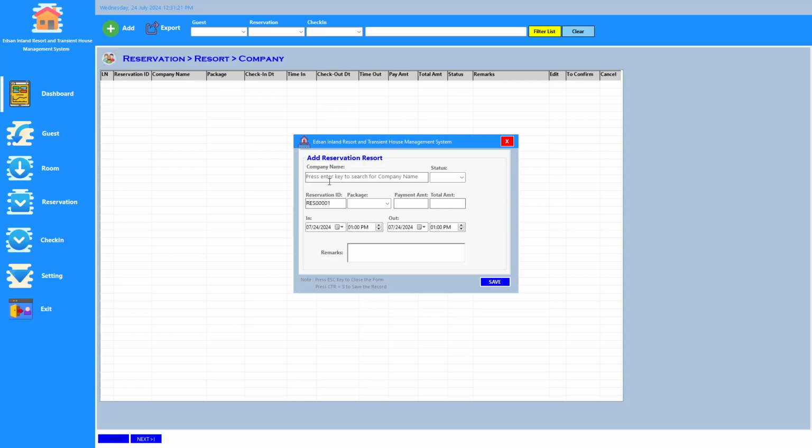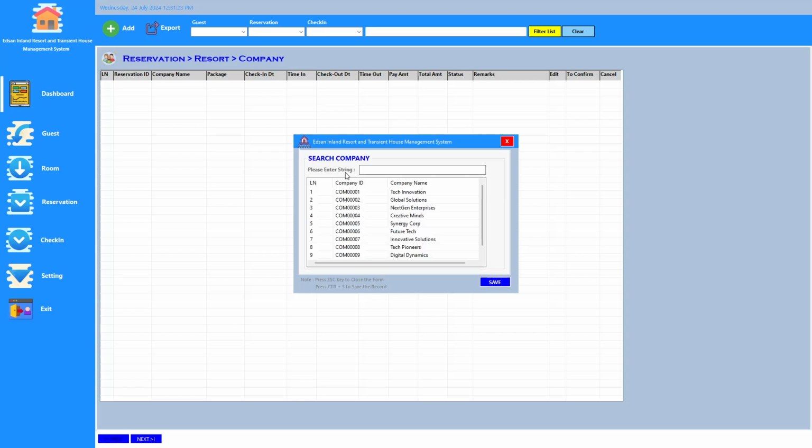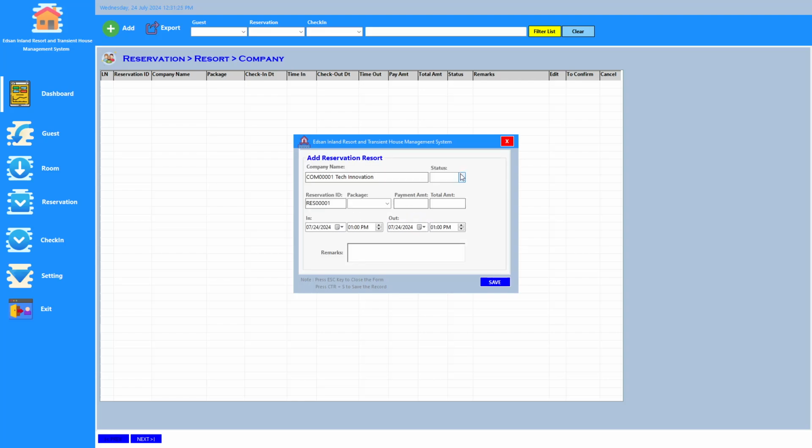So here, you can enter the company name. Status is pending, reservation ID is RES 00001, package is exclusive, the total amount is 10,000, so payment amount is 10,000 as well. Then the check-in date is July 24, 2024.